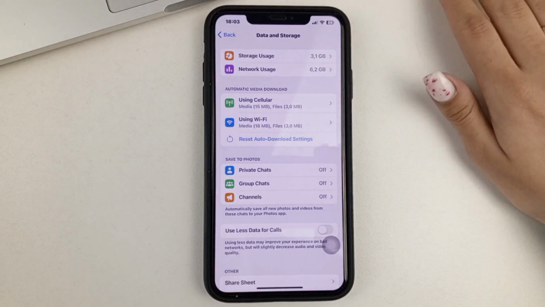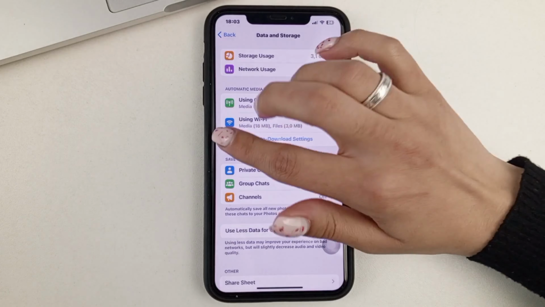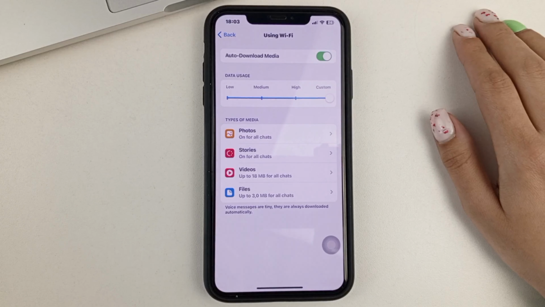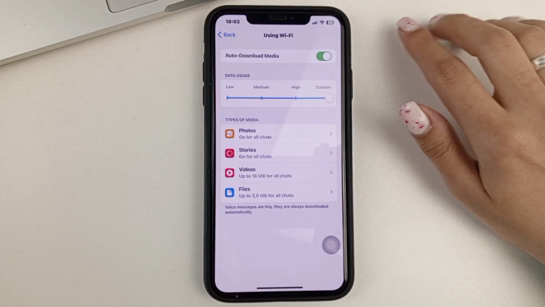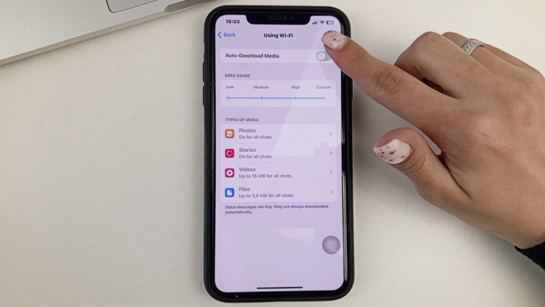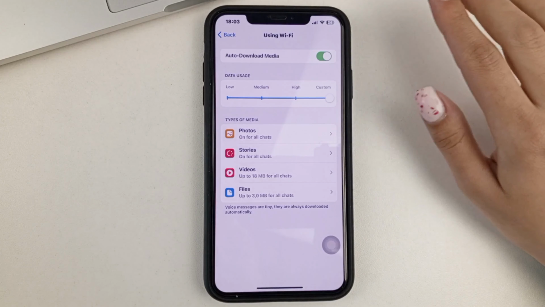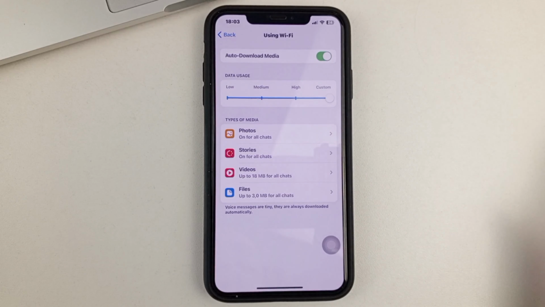All the same you can do when you return to this storage and go to Wi-Fi. Here you will also need to make sure that you have it enabled. After that, it is advisable to drag this line to the maximum. And then you'll be able to just customize as well each of the partitions itself.